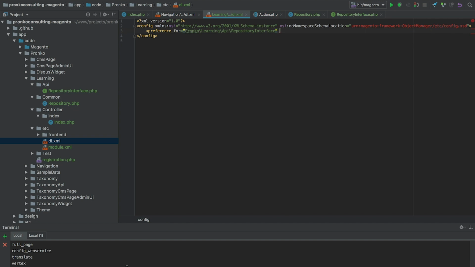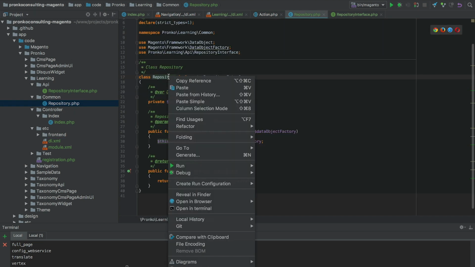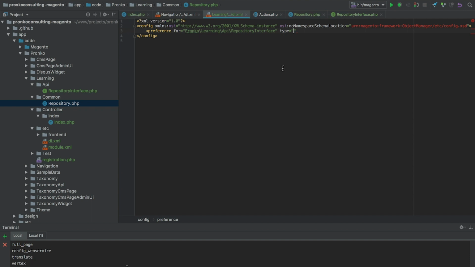And the second argument is actually the type of class which has to be instantiated once we request an interface called repository interface. So every time we inject this repository interface, the object manager will read this di.xml configuration, will find the preference, and will instantiate an object of the repository class.